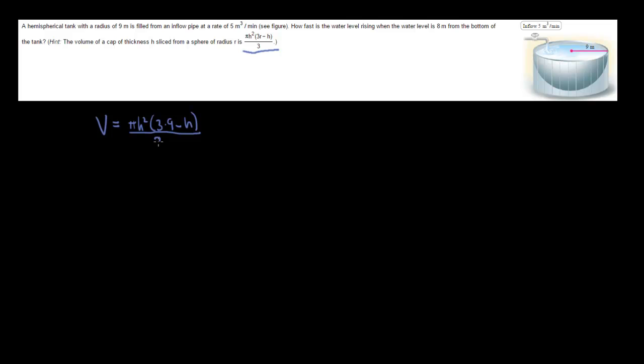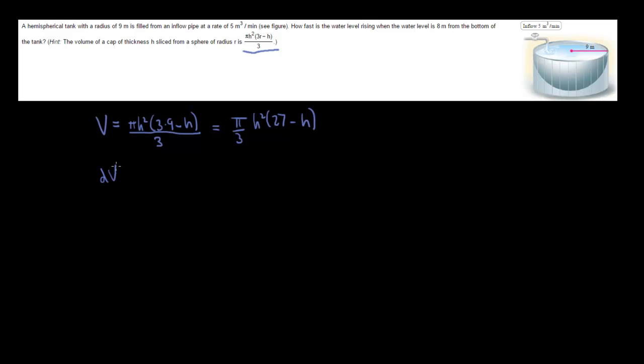Let's see here. I can simplify that slightly. I can say pi over 3. You'll see why I'm doing that in a second. h squared, then we'll say h squared times 27 minus h. Now, if I want to take the derivative of this volume equation, I could say that